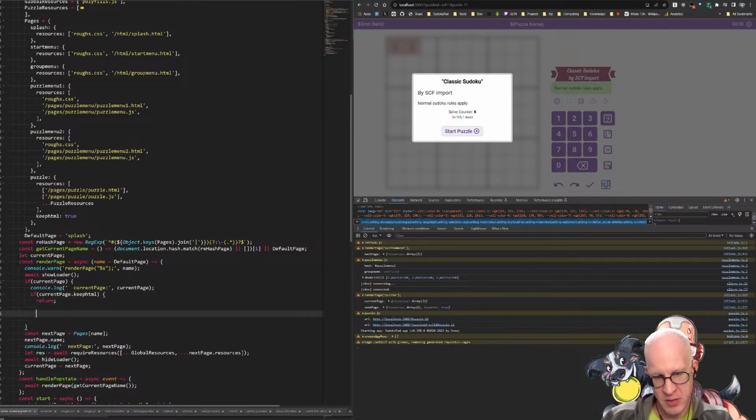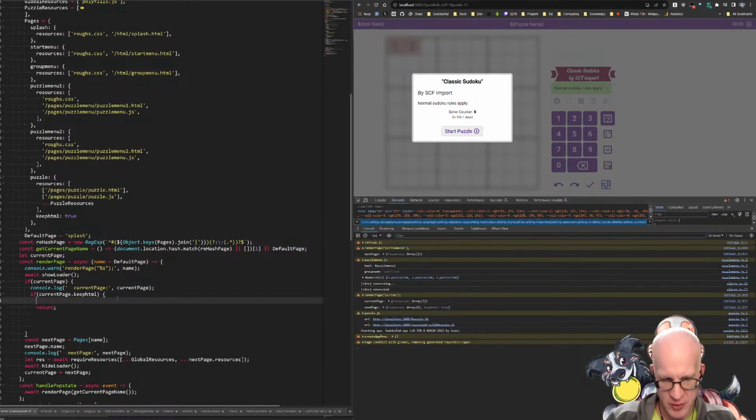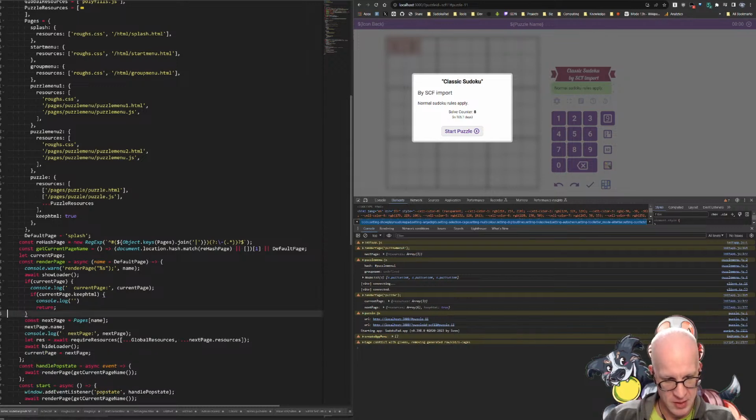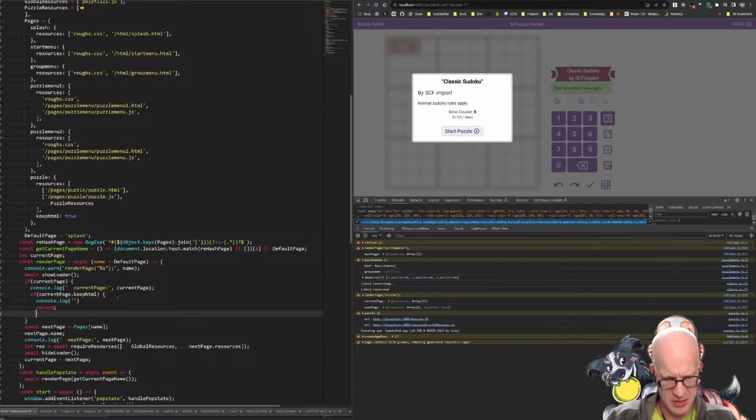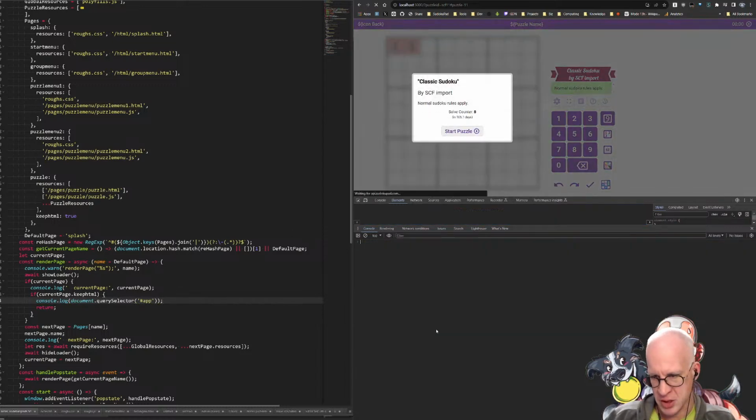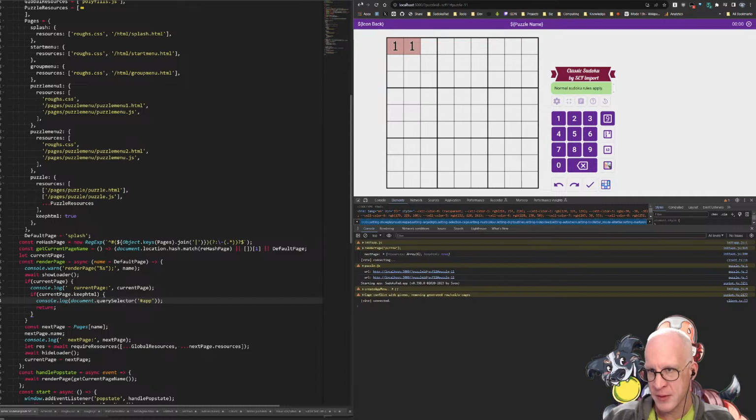Now the question is, if I move it over, also the problem is I probably have more than one child here. So if I do document dot, nope, console.log. I'm getting tired. I'm just typing random stuff that I didn't like. I know what I want to do roughly, but I'm not thinking about it clearly enough. Document.querySelector. The reason I'm not using getElementById is because in the future it might all change how this operates. So if I now press back,